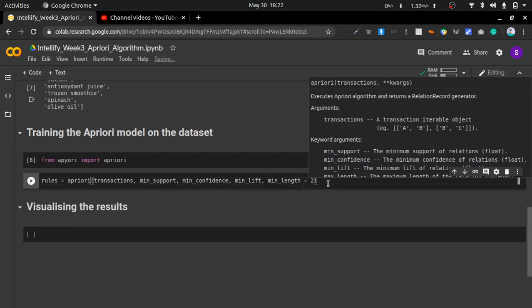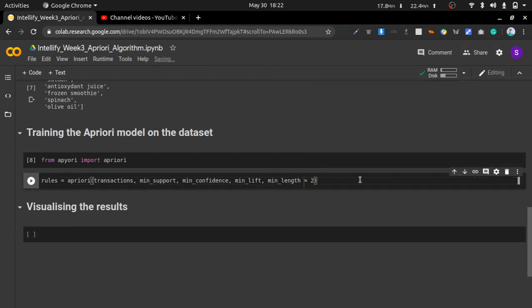So first I will explain what this minimum length is. Suppose we have a data set of market basket. This 2 means we will calculate the associativity between 2 products. Okay, we will not go towards 3 products. Suppose you have mentioned 3 here, then it will calculate the frequent item set for 3 items, but we don't want that. We want only 2 products. We will consider the customer as the basket, in which we are calculating the associativity between only 2 products. So this is the meaning of this min_length parameter.